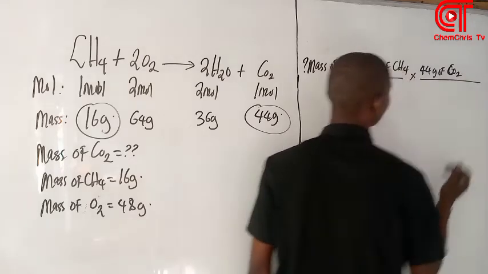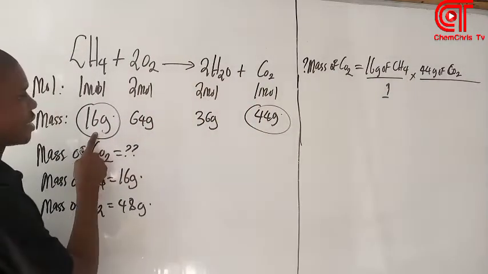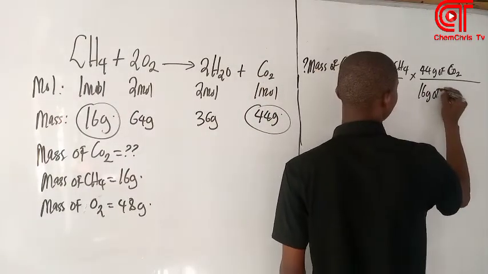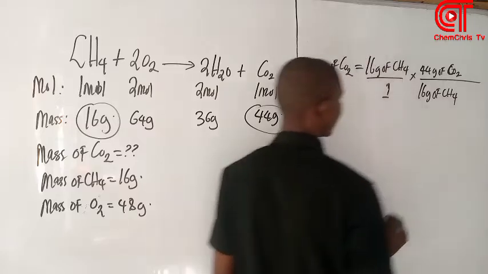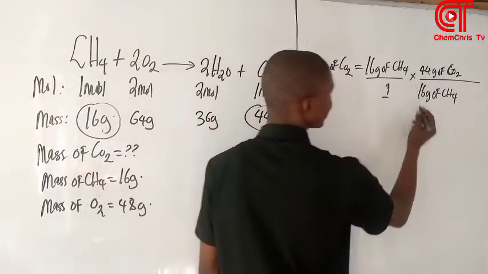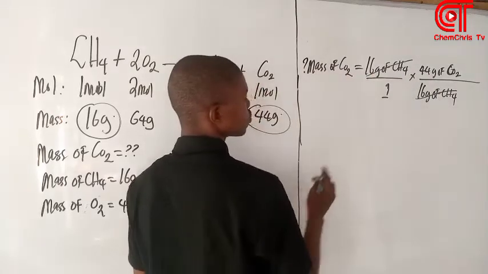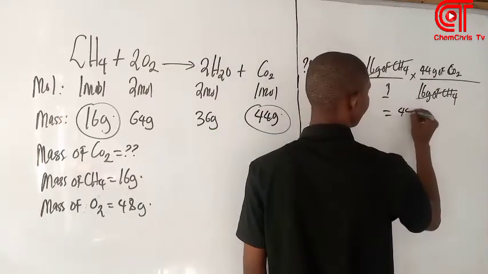CO2 will be at the top, right? Then this guy will be at the down. So here we have 16 gram of CH4 will be at the down. So you can see that 16 gram of CH4 will cancel out 16 gram of CH4, right? So what will be left is 44 gram